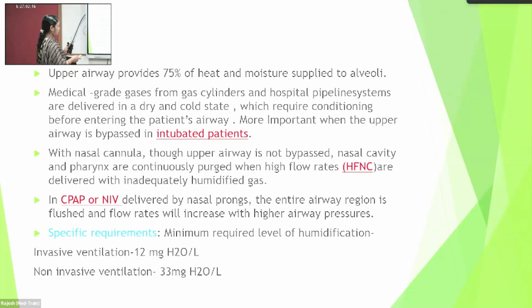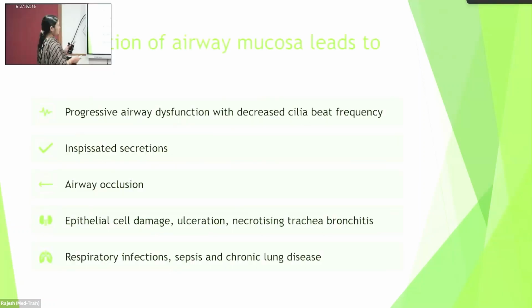So whenever we go for humidification, when we are ventilating the child, the minimum required level in non-invasive ventilation will be at least 33 milligrams of water per liter, and in invasive it will be 12 milligrams of water per liter. So if we don't humidify and there is dehydration, it progressively leads to airway dysfunction and decreased cilia beat frequency, and there will be secretions inspissated, airway occlusion leading to epithelial damage, ulceration, necrotizing tracheobronchitis, and further respiratory infections